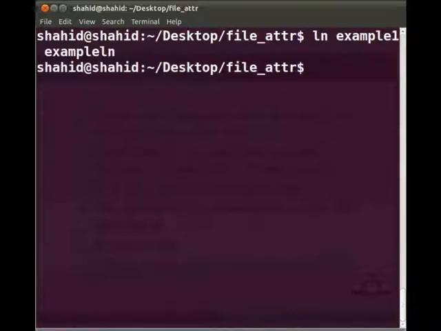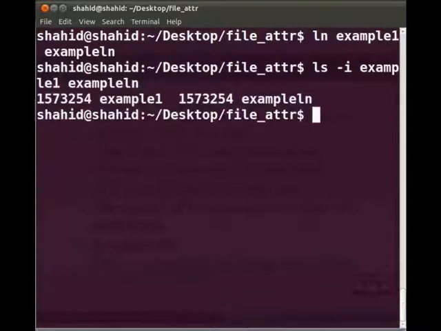To display the inode number of both the files, type the command ls -i example1 example_ln. Press enter. Here we can see that inode number of both the files are same. File example_ln is the hard link for file example1.